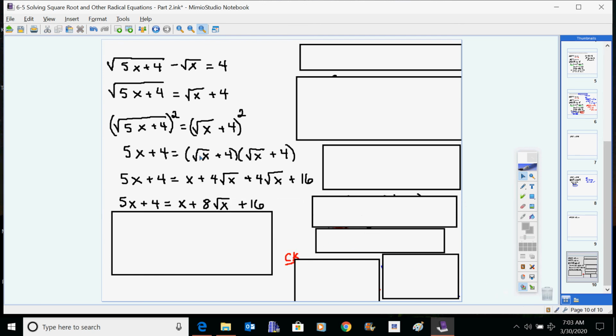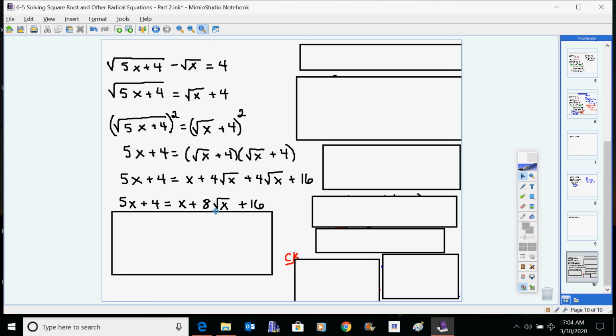All right, you may have done that by pattern, just going straight from here to here. If you're really good at that, this would have been that squared plus 2 times that plus the end squared. But I put this in just in case. All right, now we've got another